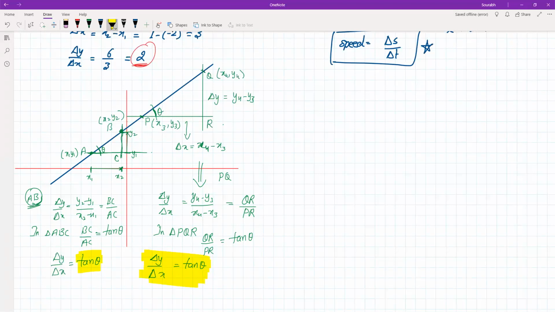So that means theta is anyways not going to change, because theta is the angle of that particular line with the x-axis. So that is not going to change for a straight line. That will change only if you change the line. But if the line is fixed, line means function. If a function is fixed, which represents a straight line, then that straight line will have a constant angle with the x-axis, that is theta, and tan theta will be the rate of change.